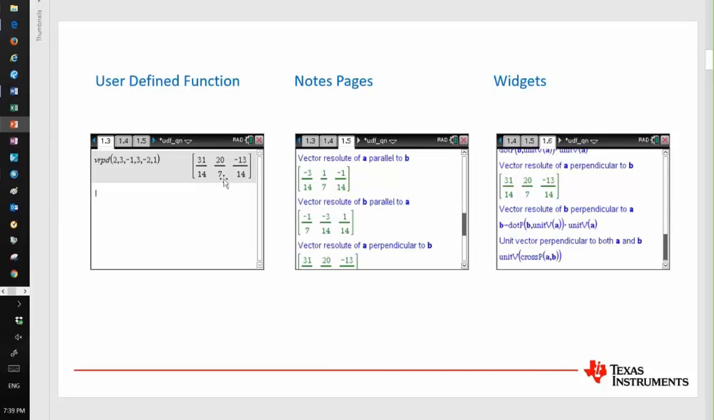And this is our i, this is our j, and this is our k component. Just before we get in to look at the actual CAS TNS file, they could do it with a notes page, which is inside a file, and it's all pre-set up so that all they do is at the top of the page enter in the values and then scroll down to where the information is. The third slide there was from widgets,